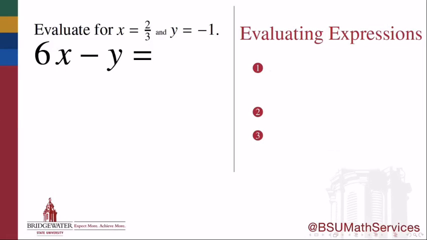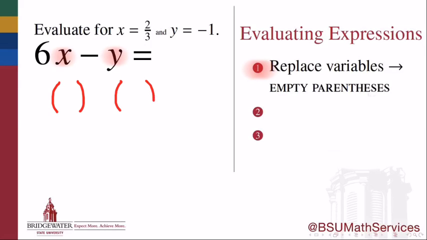In algebra, an expression is a combination of numbers and possibly variables using the operations of arithmetic. Because the unknowns each stand for a real number quantity, the most basic thing we can do with an expression is to evaluate it, meaning to specify numbers for the unknown quantities and then evaluate the arithmetic that makes up that expression. To evaluate an expression, first locate each of its variables and replace each variable with an empty set